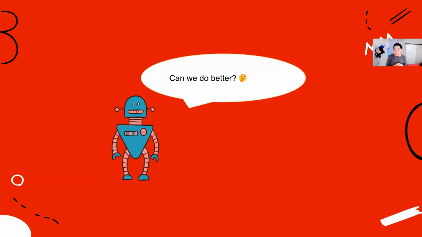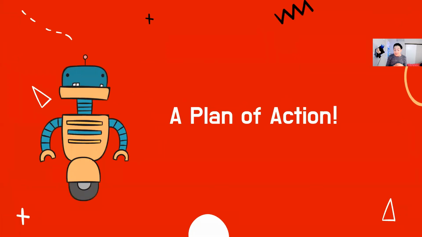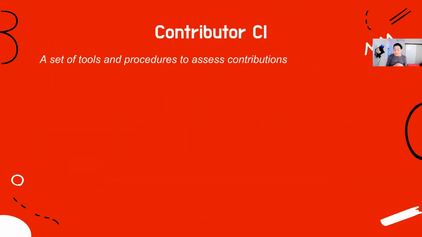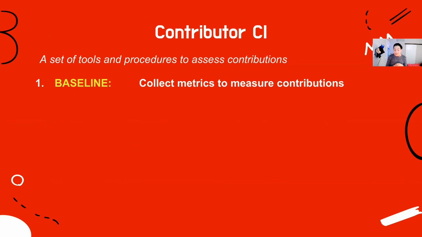So again, back to this question. Now I see that I think we can do better. And the question comes down to how. So my plan of action, and I'll finish this up quickly: I want to create something called Contributor CI, the set of tools and procedures that you can use to assess contributions. I think I want to start with a baseline. So I'm going to create a GitHub action that's going to collect metrics to measure these contributions. And it's going to automatically do it for you over time so that you can see how a project changes,